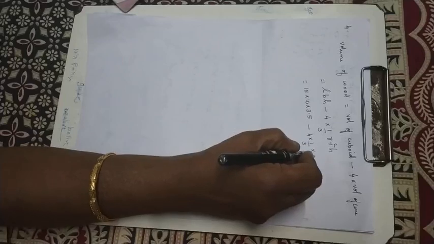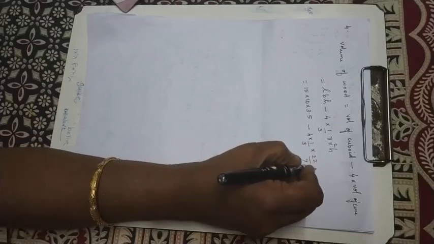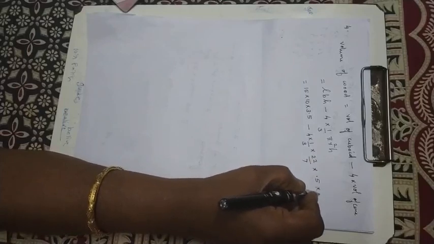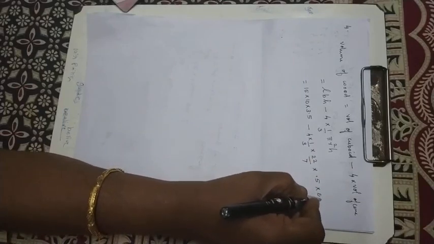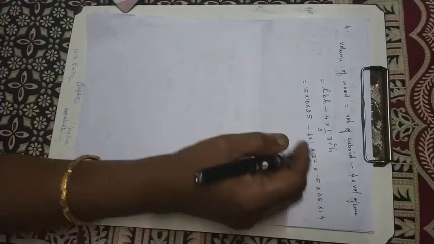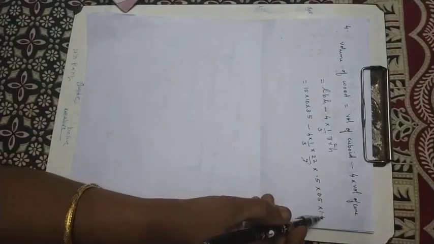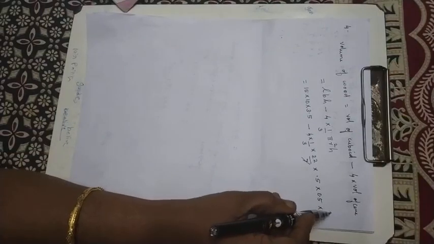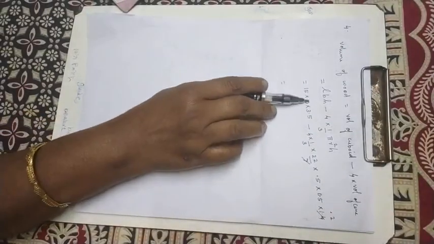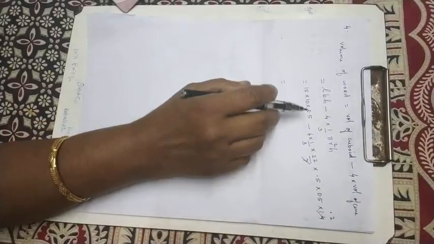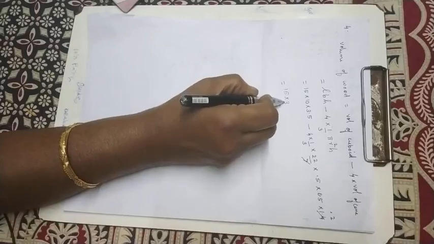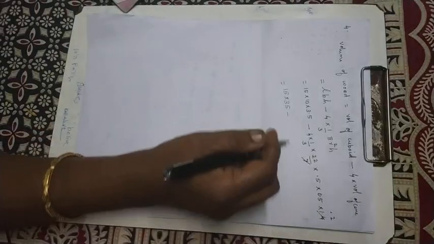into pi, that is 22 by 7, into 0.5 into 0.5 into 1.4. We can cancel this one, so it will be 0.2. So 10 into 3.5 will be 35. So 15 into 35 you will get, minus